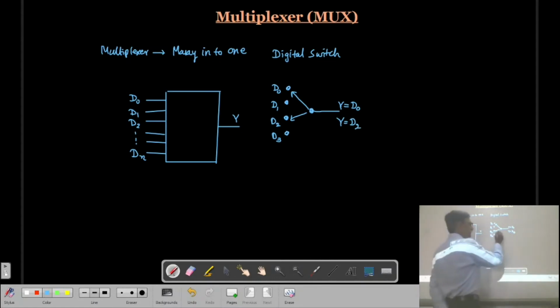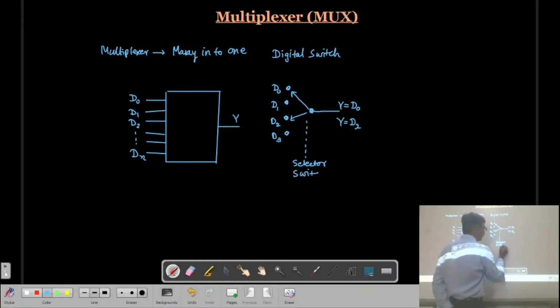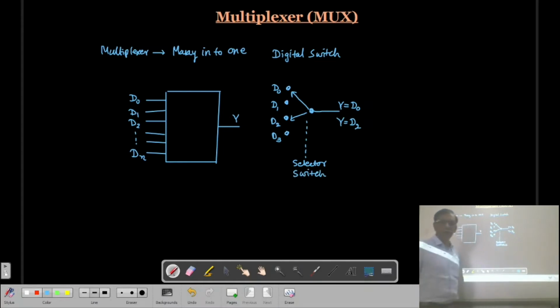The position of this switch you can control by the selector switch. Here, the selector switch will be there, through which you can change the position of the switch. So this is a kind of digital switch, and the same thing is there in a multiplexer. Here we have different inputs, D0, D1, D2, and Dn.